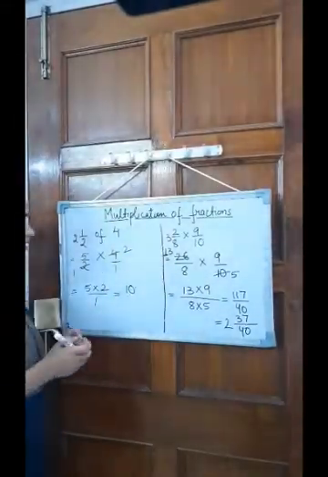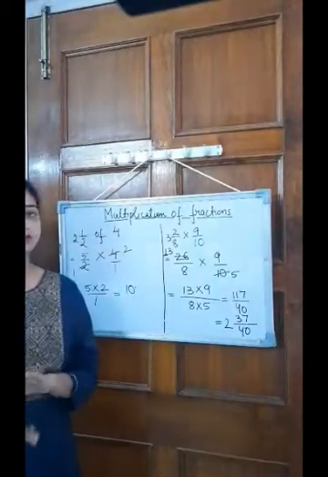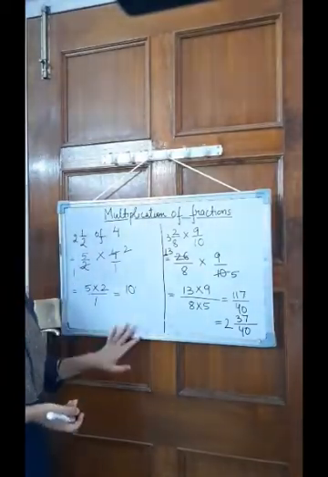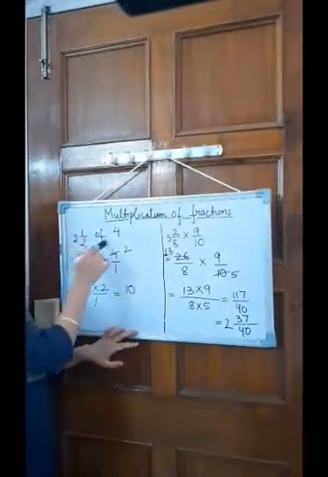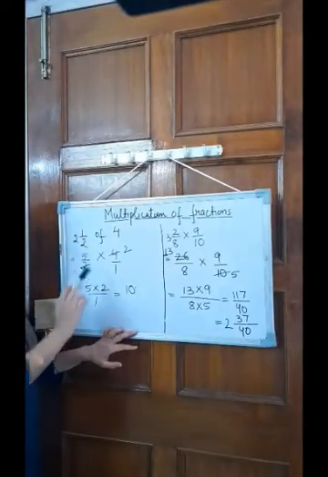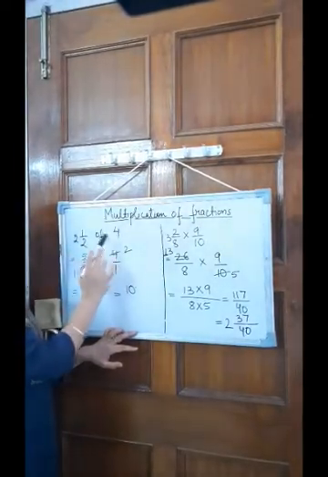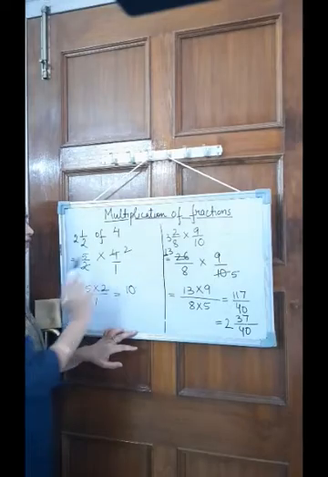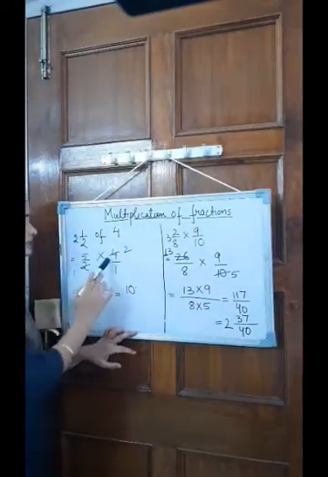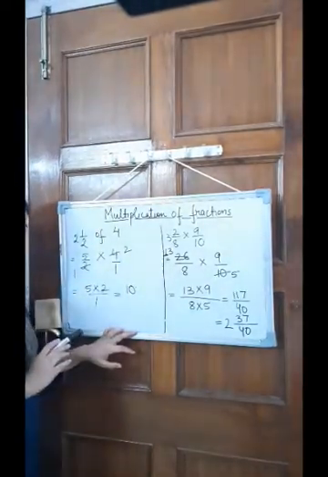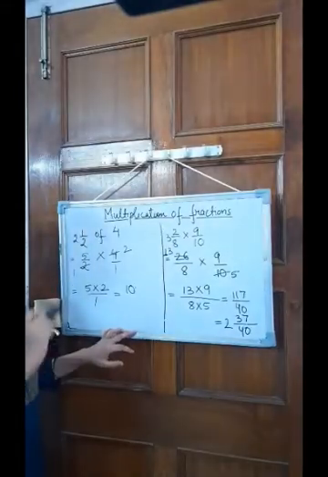In this case, writing 1 in the denominator is not at all required. I hope this is clear to you. What we have done, we have just converted this "of" to a multiplication sign, and this was a whole number, so we have converted this whole number into fractional form by simply putting 1 in the denominator. Okay. Now let's take one more question.